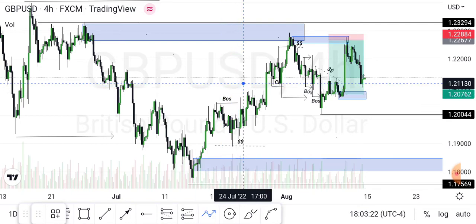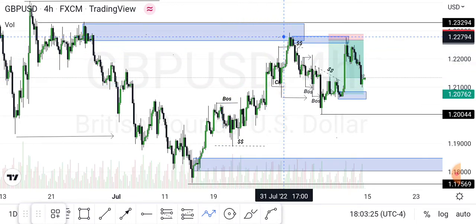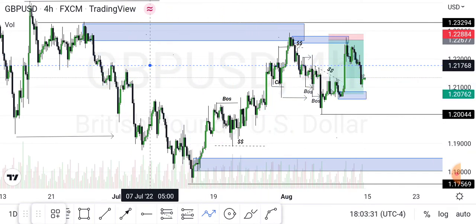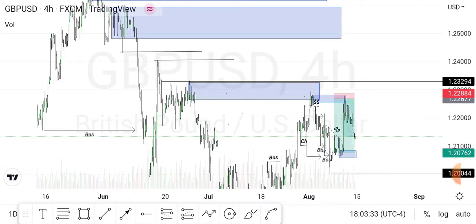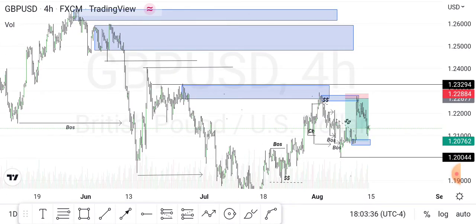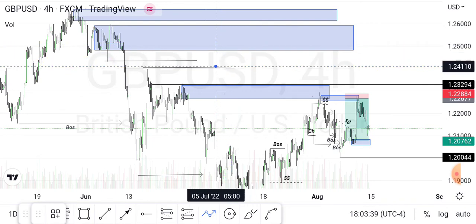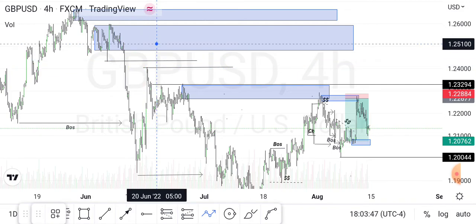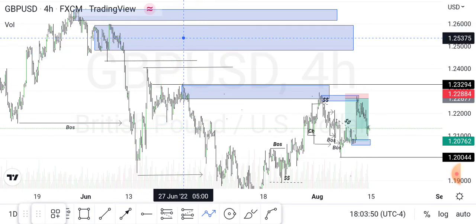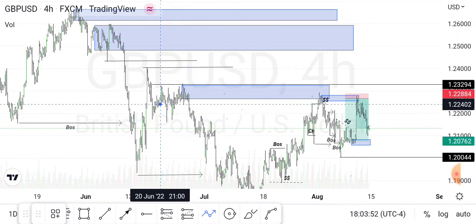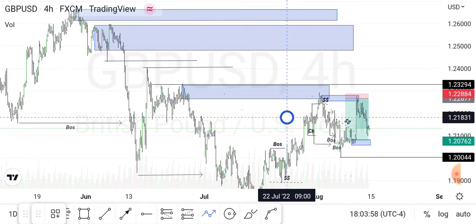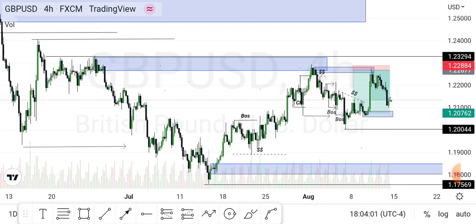Those in my Telegram channel, we all remember we took this trade, and we really ate this so good. First of all, when I was analyzing this market, this was my initial OB. Why did I pick this? Because I saw the fair value gap here, and I saw the inducement created here. This OB was fresh, price never tapped it, and I saw this inducement created here.